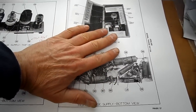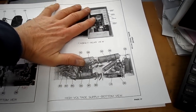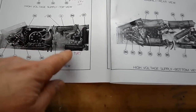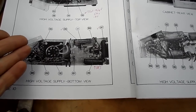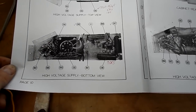I've ordered some diodes to replace them with, but if you look at the difference here, here is the airline on the right, and this is the Sentinel on the left. You see the absence of quite a few capacitors here. There's low B plus, mid B plus, and high B plus, or something like that in these. But in any event,